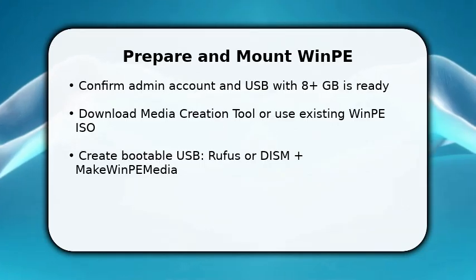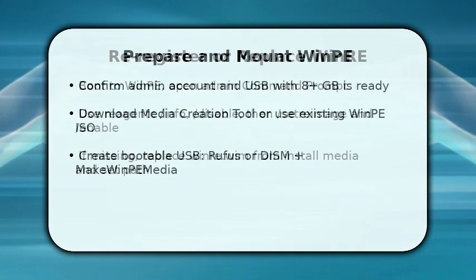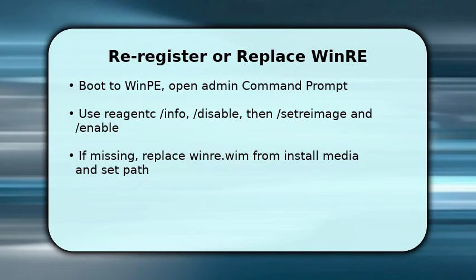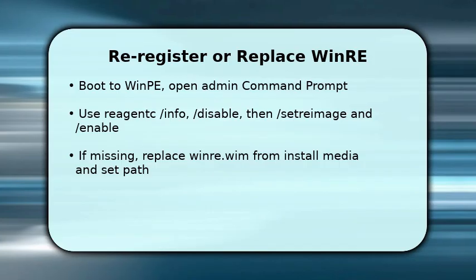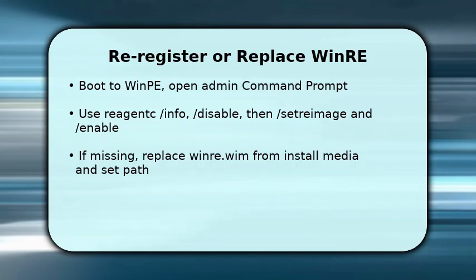You now re-register Windows recovery environment using the command line tools so Windows can find it. Boot into WinPE, open an elevated command prompt, then run reagentc /info to check current status. If disabled or mispointed, run reagentc /disable, then locate or copy winre.wim to